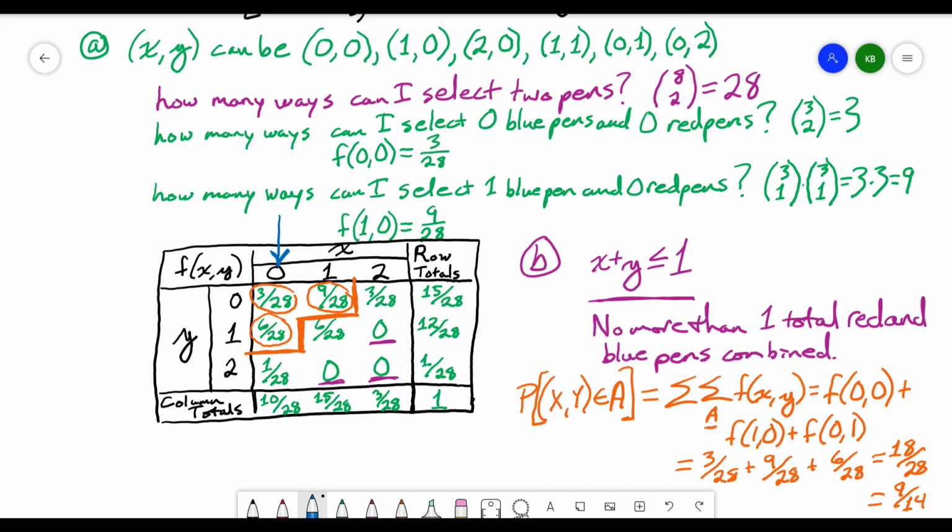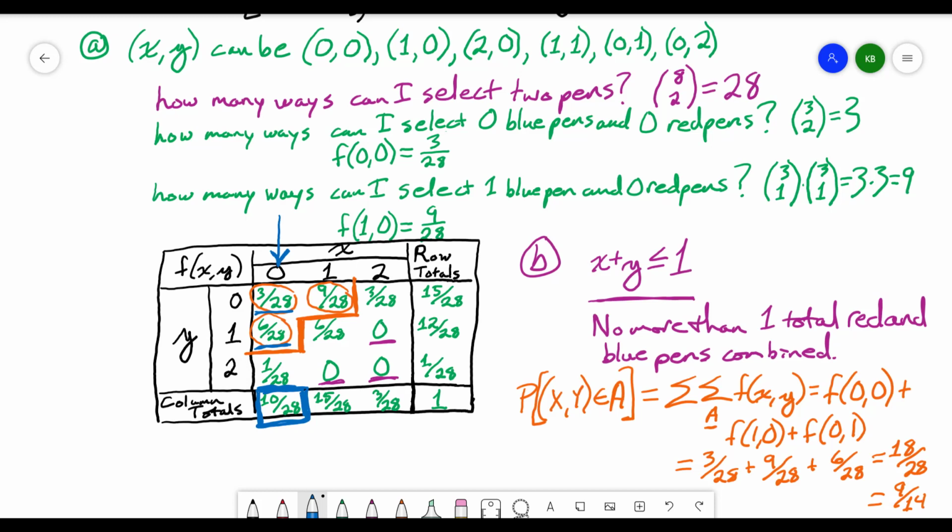So I could have the points (0,0), because 0 red pens, (0,1) with 1 red pen, and (0,2) with 2 red pens. The marginal distribution wants to know the probability of having 0 blue pens, and to find that, I add up all of those possible values, which ends up being the column total for my joint probability distribution